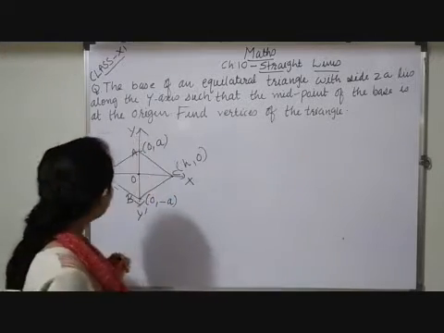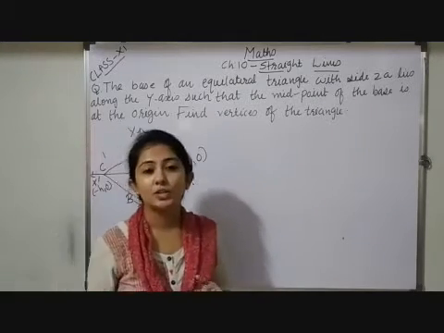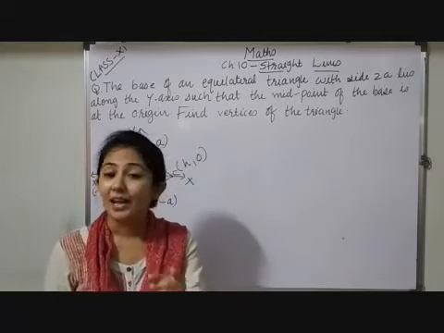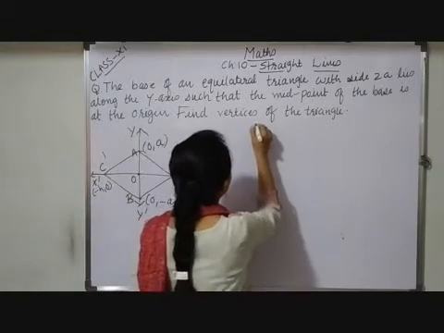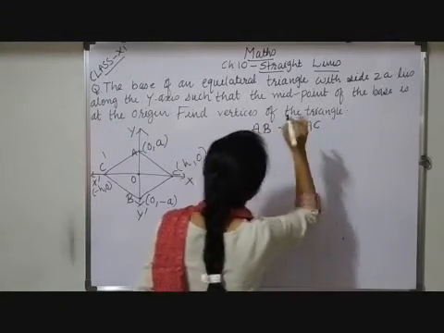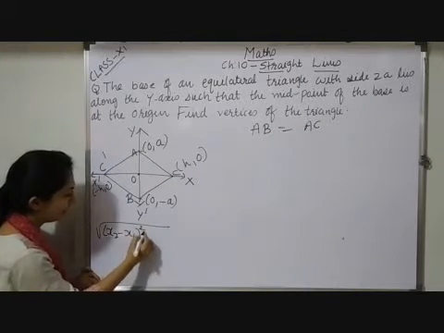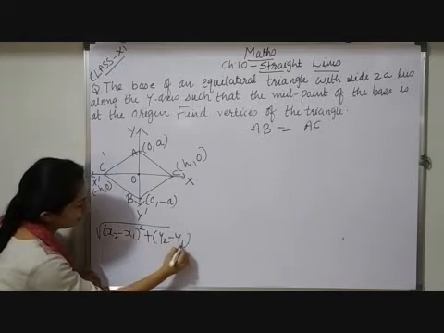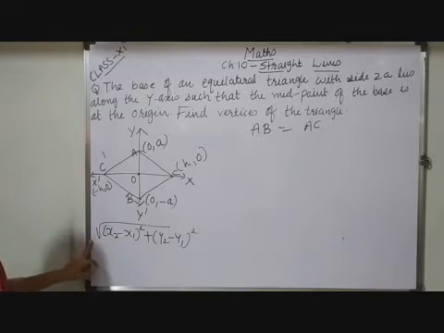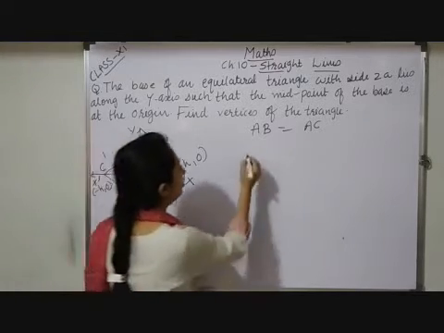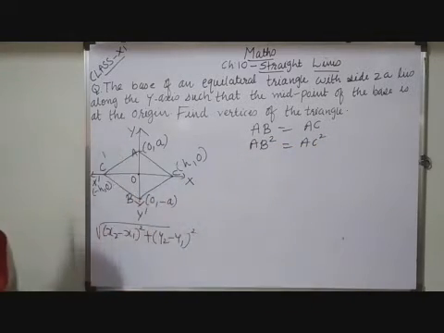So here, may I say that AB is equal to AC? If AB is equal to AC, it means AB is a distance and AC is also a distance. So here I have to apply the distance formula. I am writing AB equals AC. Your distance formula is under root of (x2 minus x1) square plus (y2 minus y1) square. Now, this formula comes in terms of a root, so to remove this root, what should I do? Square both sides. So here I am writing AB square is equal to AC square.